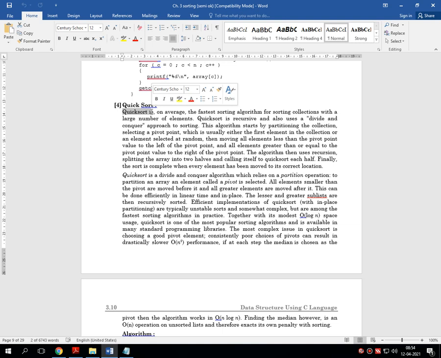This particular sorting technique uses an algorithm in which the numbers are divided into subsets, then the separate subsets are sorted and all these sorted subsets are merged, so the entire number of elements gets sorted in very less time.